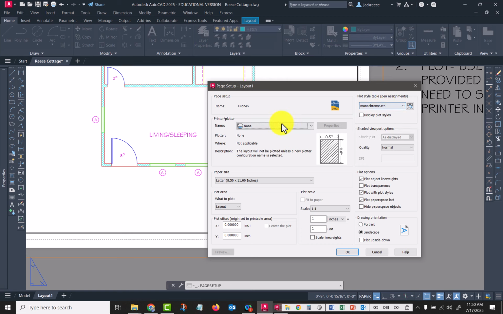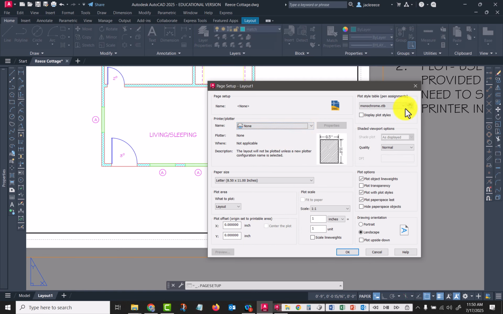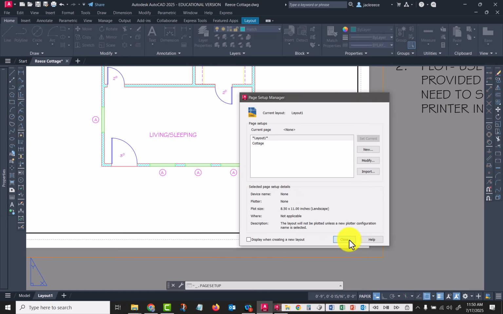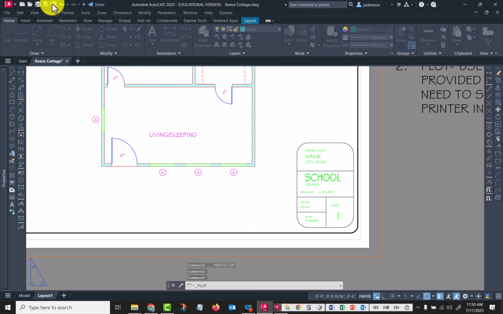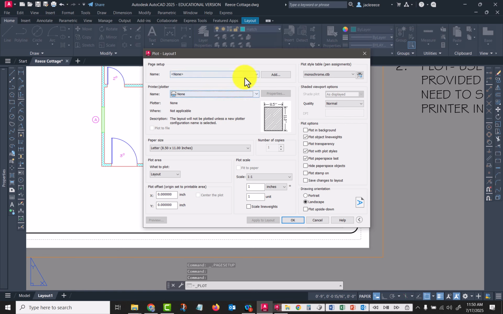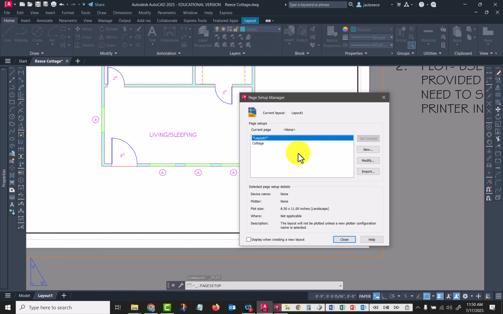It's set at monochrome. I have not really messed with, they have looked like they had a setting set up. So let me look, if we go to print, page setup, Cottage. Okay, so let's look at that. Oh, that doesn't change much of anything. Okay, it's here in the page setup manager where we set